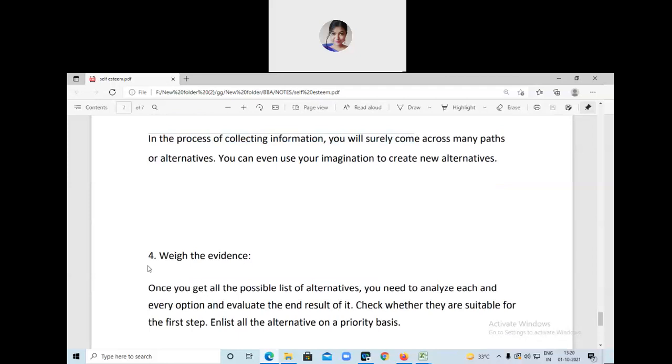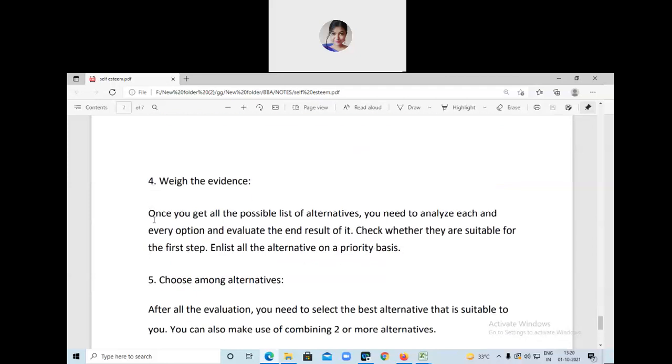After that, the fourth point is weigh the evidence. Once you have listed all the alternatives, you need to analyze each and every option, and try to evaluate the end result of each and every alternative. So suppose you have 5 alternatives, the fourth step is to analyze each and every option and find out the right alternative and the right path, which will actually help you